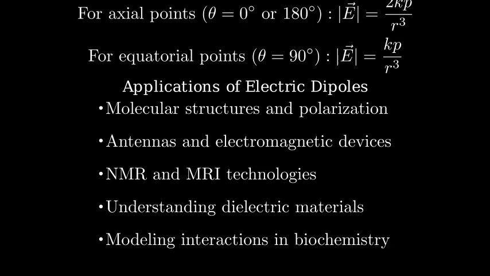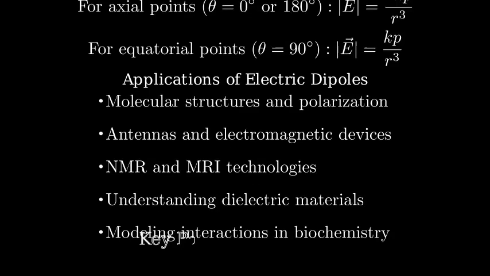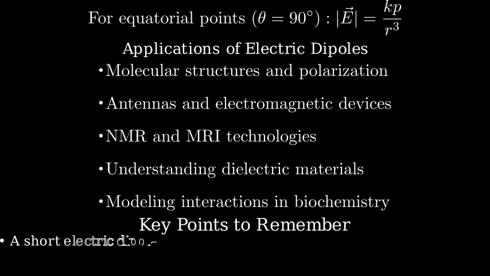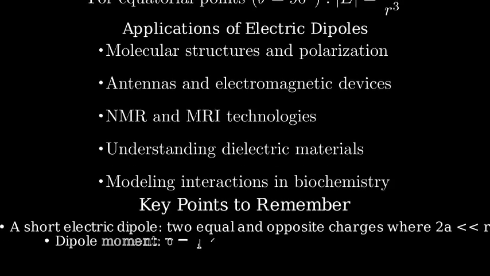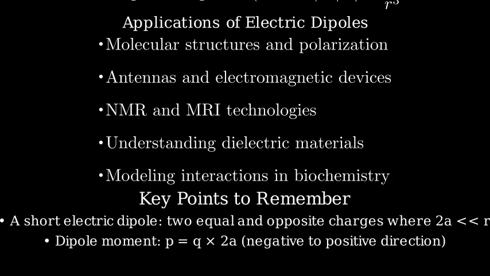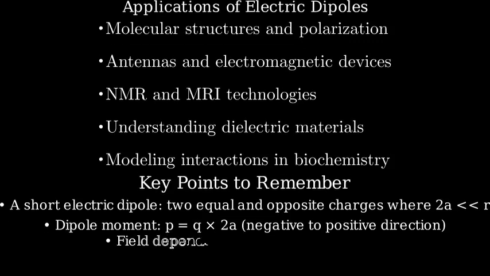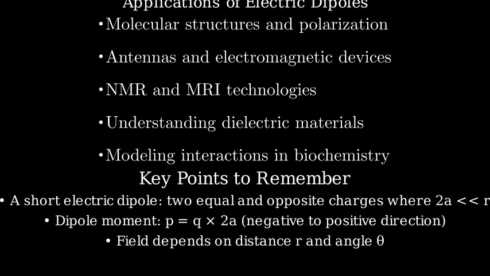Let's summarize what we've learned about the electric field due to a short electric dipole. The key points to remember are: first, a short electric dipole consists of two equal and opposite charges separated by a small distance compared to the field point distance. Second, the dipole moment p equals q times 2a, pointing from the negative to the positive charge. Third, the electric field at any point depends on both the distance r and the angle theta between the dipole moment